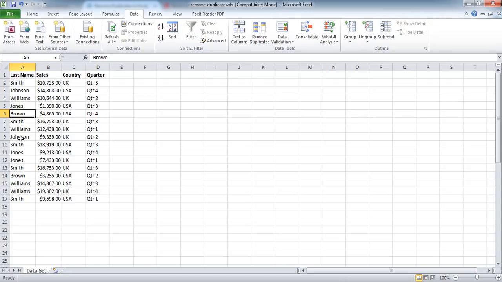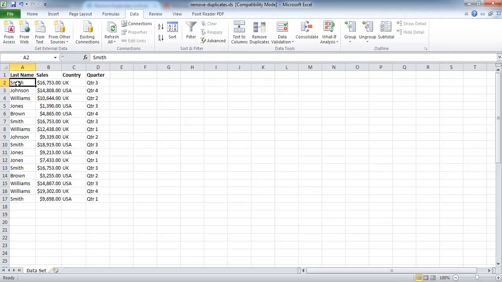Now, there could be a situation, say we take up a task and we simply want to know what are the different names of individuals which we are studying right now. I don't really want Smith to be appearing multiple times, and I simply want Smith to appear just once in this data set, and I want to know what all other kind of individuals exist over here. So to achieve such a result,